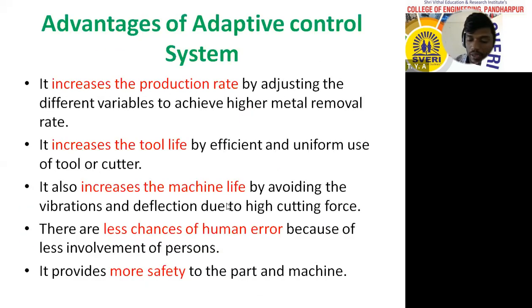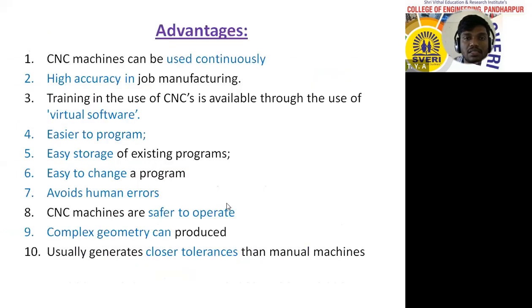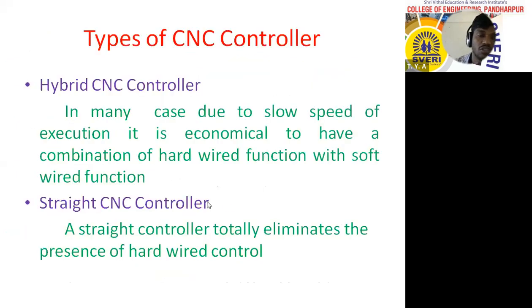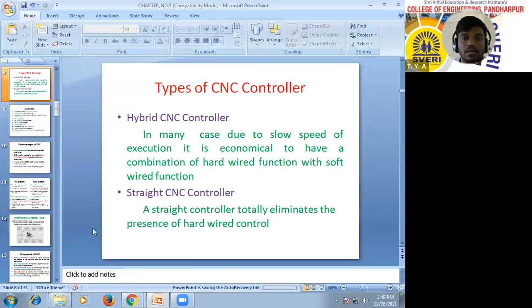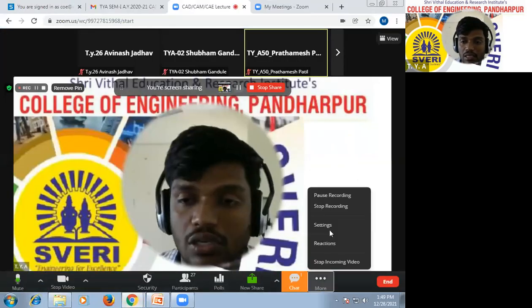So today we have seen the first CNC. What is meant by CNC? Actually, there are types of the controllers, and again we have seen some advantages and disadvantages of the CNC. Then we have seen the difference between the NC system and CNC system. Then we have started the DNC. Then again types of the DNC. Okay, so today we have started our 5th chapter, and we have completed the first CNC part and DNC part. Okay, so in next lecture